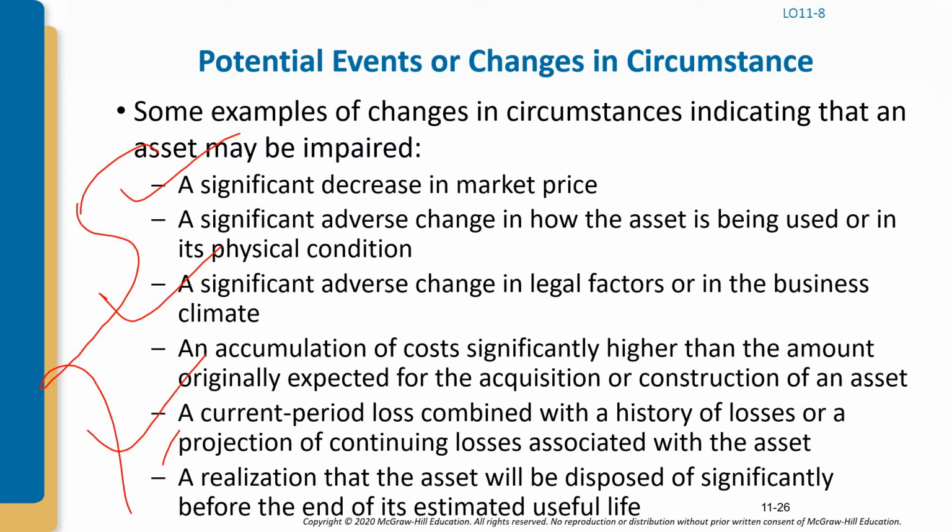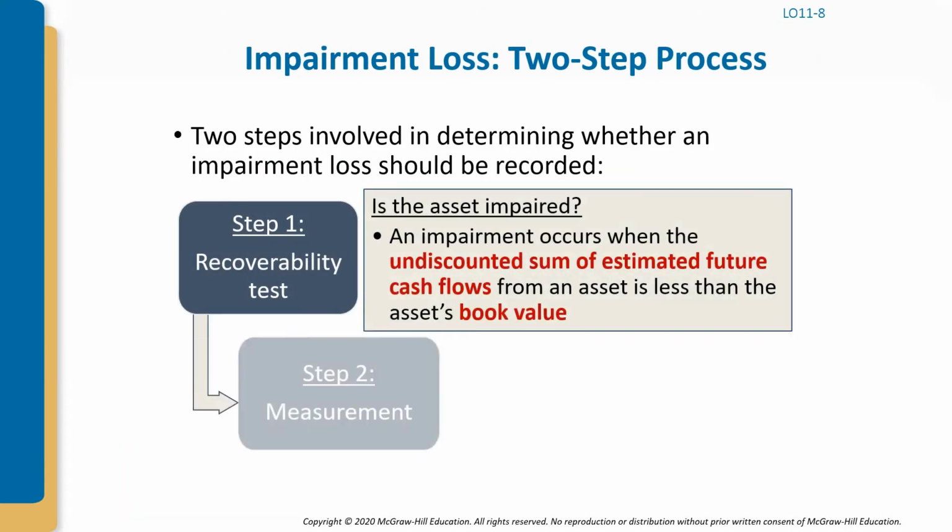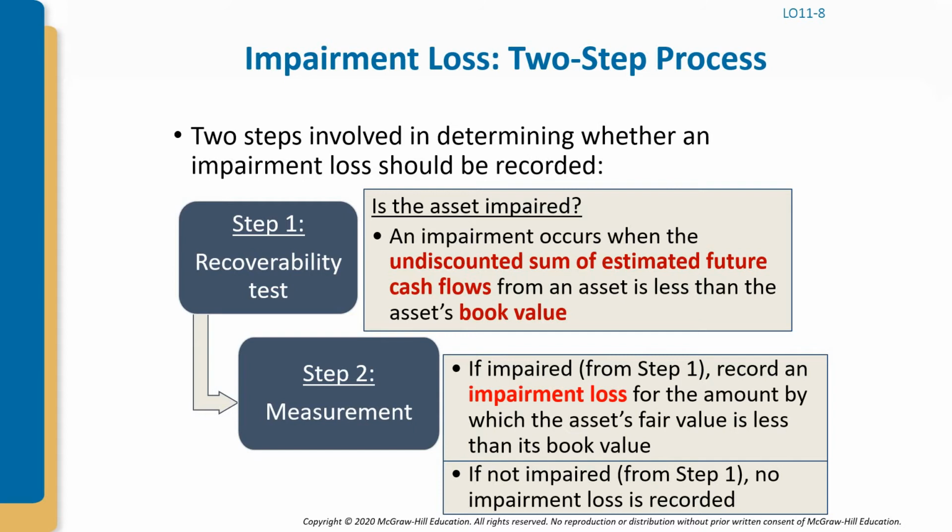Now there is a question: how do we calculate the impairment loss? I mean, how do we record it? There is a two-step method. In step one, we need to identify whether an asset is impaired or not. So how to do that? An impairment will happen when the undiscounted sum of estimated future cash flows is less than the book value of the asset. And in step 2,